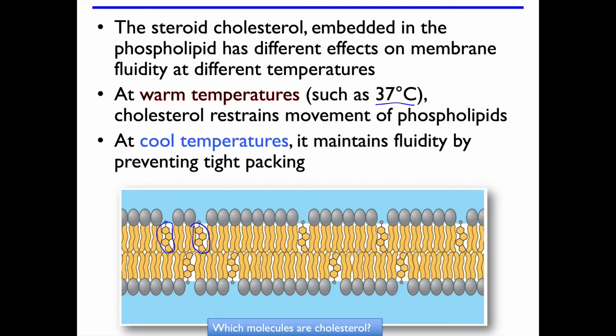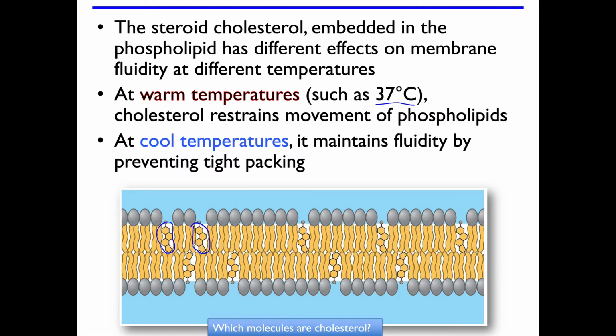On the flip side of that, there's plenty of organisms that exist in the cold, and we don't want their cell membranes getting too rigid. So another thing that they do is they provide little spacers so all of these nonpolar legs of the phospholipids don't get all jammed up together with tight packing and cause this to solidify. So ultimately, the cholesterol serves as a buffer in both directions. Doesn't let it get too fluid, but also doesn't let it get too solid